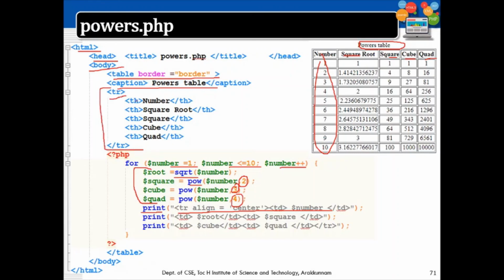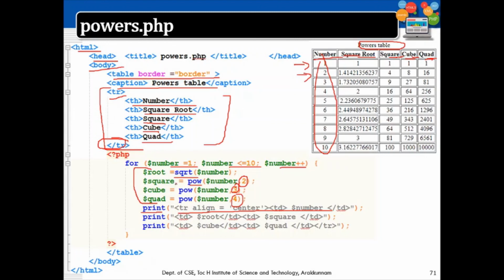So TR. Then each header cell is represented as TH. So I am giving all the headings: number, square root, square, cube, quad. All the headings are given here. Finally close the TR. Now we have to add these values one by one in each of the rows. So that is done here.